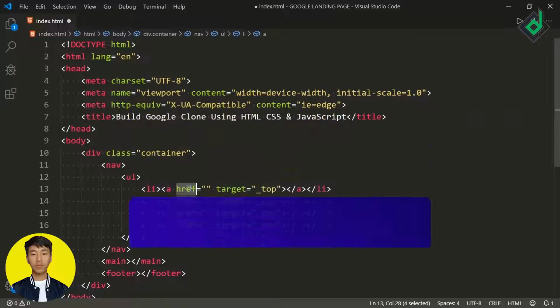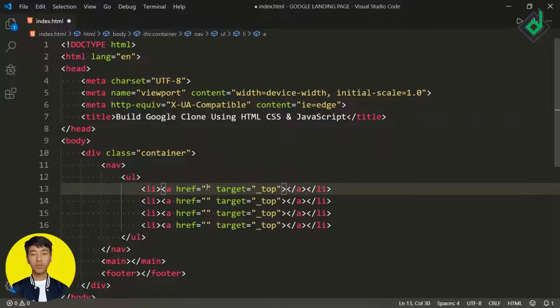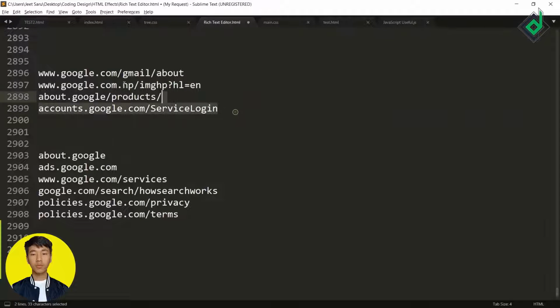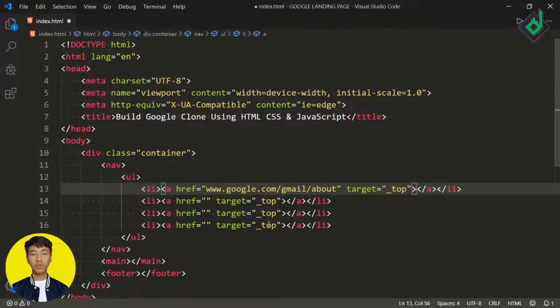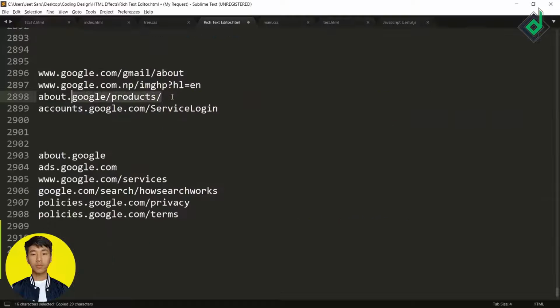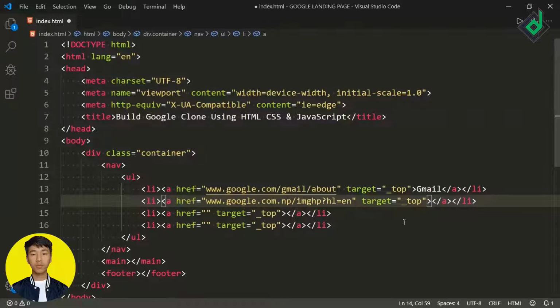Now for the first anchor tag, let's keep a link. In order to save some time, I have already prepared some links. So let's copy and paste these links. For the first link, we'll give Gmail link. For the second link, I'm giving link for the images. For the third link,